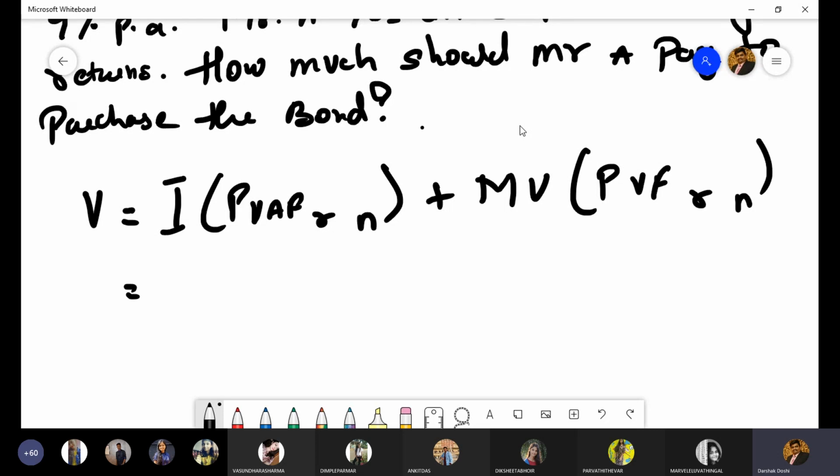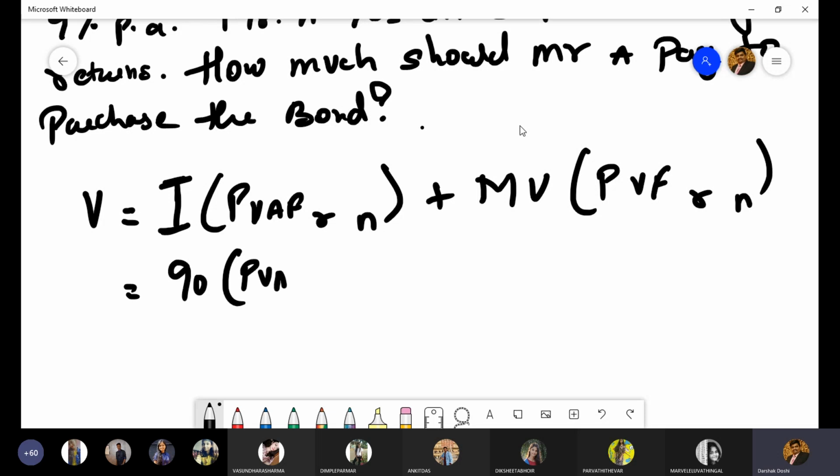Now please don't write down, just see what I am writing, understand and then copy it down. How much is the coupon rate, interest rate given to you in the question? 9%. Is that correct? Yes, sir. And the face value is 1000 rupees. So can I say the annual interest will be 9% of 1000, that is 90 rupees.